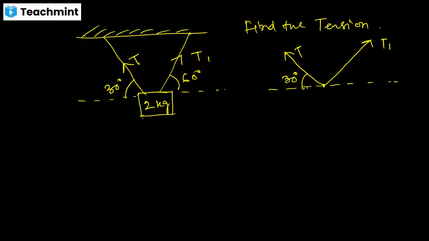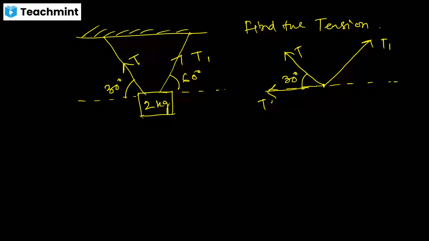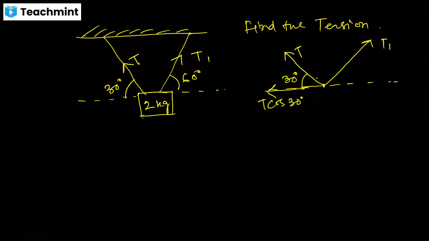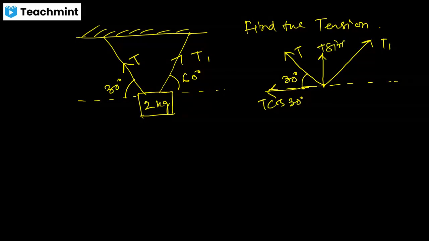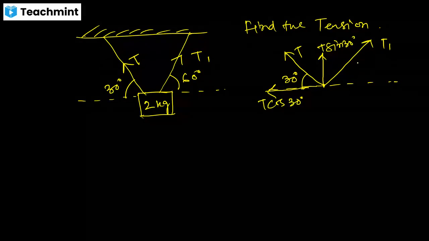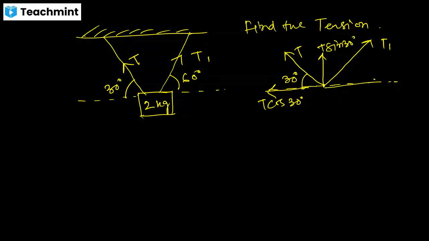So in the horizontal direction, which component will work? The component which is acting along the base will be T cos 30. The component which is acting along the perpendicular is T sin 30. For this T1, the component which is acting along the base,